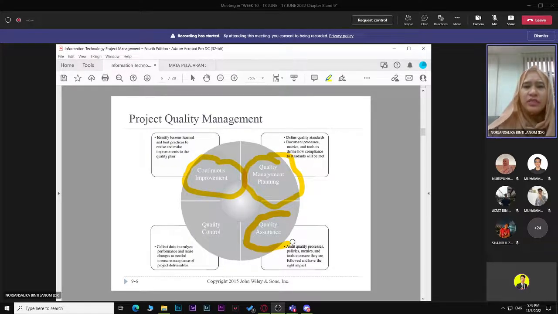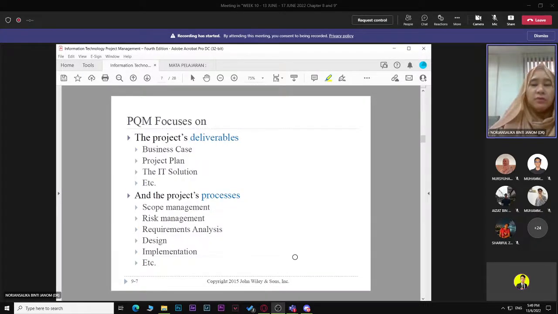And quality assurance, okay, what are the techniques, policy, metrics that you use? And of course, okay, you need to do the controlling, apply with a certain policy, metrics, and tools here. So, kena control. The earned value is one of the technique used in order to control the performance of the project throughout the time. So, project quality basically,